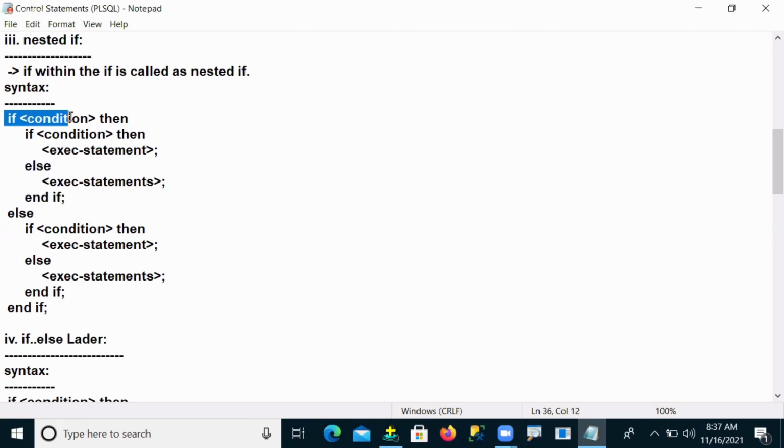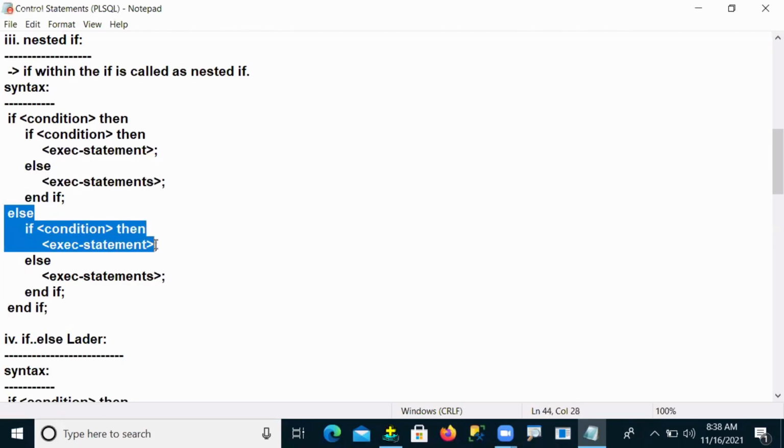Suppose the outer if condition is false, then jump to the else part. In the else part, the internal if condition is executed. If the internal if condition is true, then the true statements are executed. If it is false, then the false statements are executed. This is nested if.